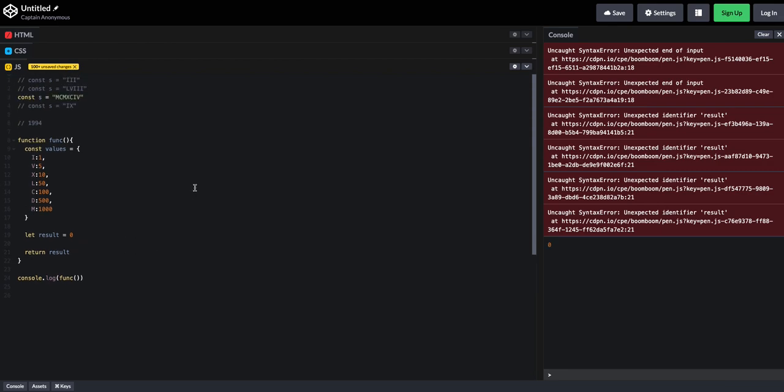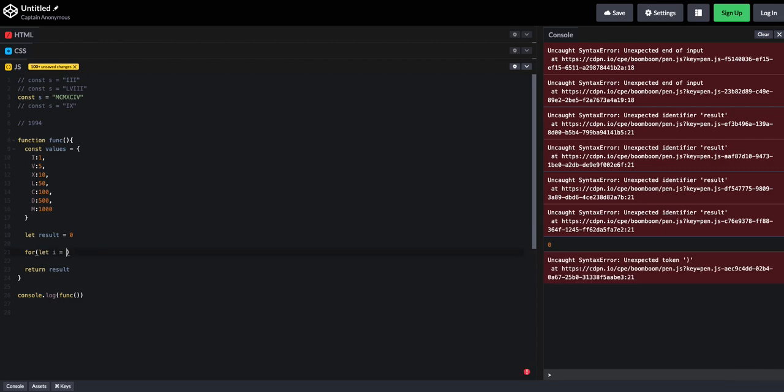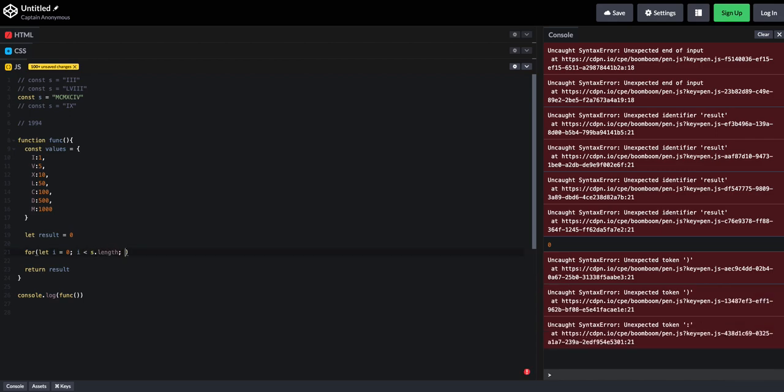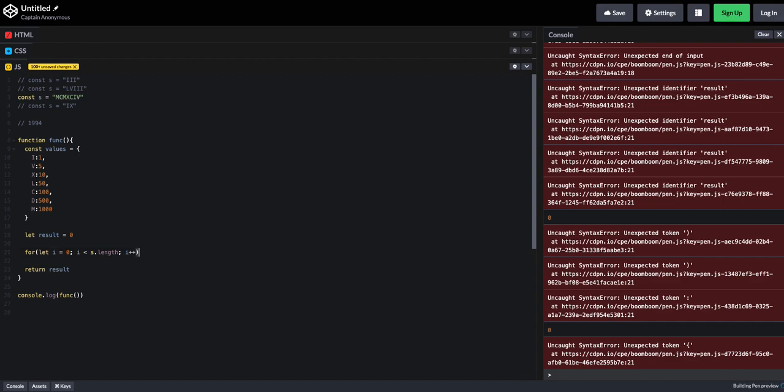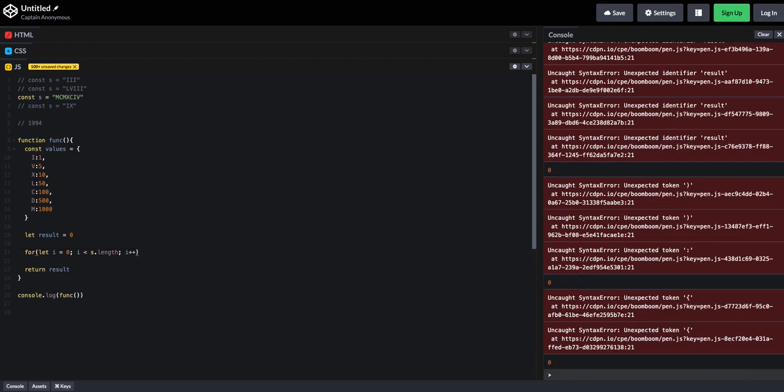Cool. Okay, so the next thing we need to do is loop through s. We're going to use a for loop: for let i equals 0, i is less than s.length, increment by 1, so i++. Oops, nice. I'm going too fast. Slow down. Okay,